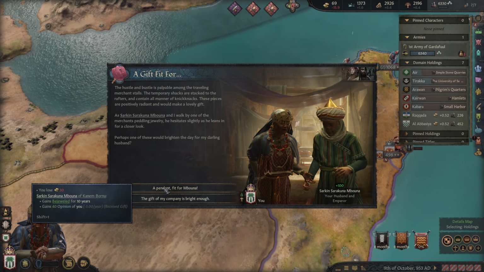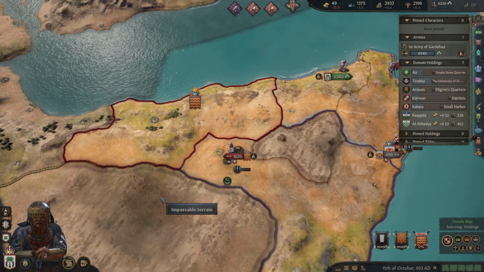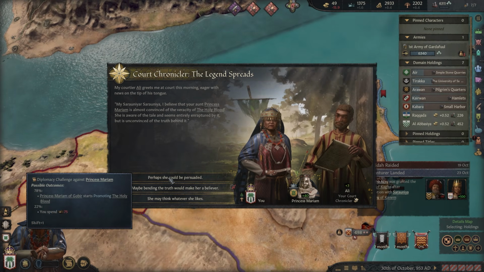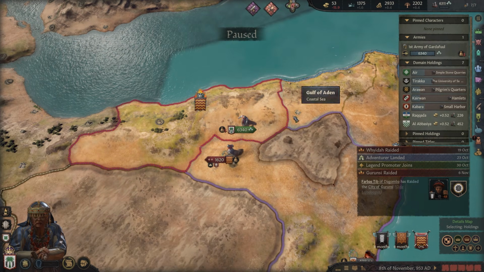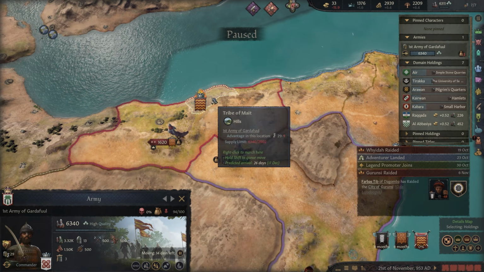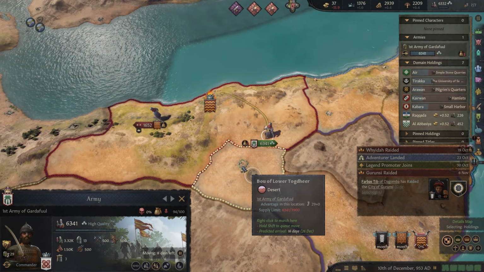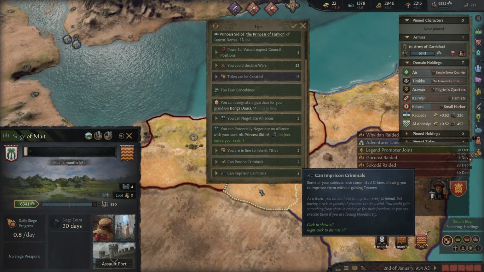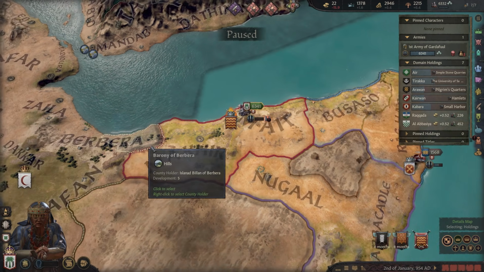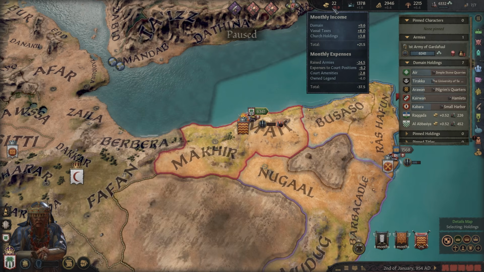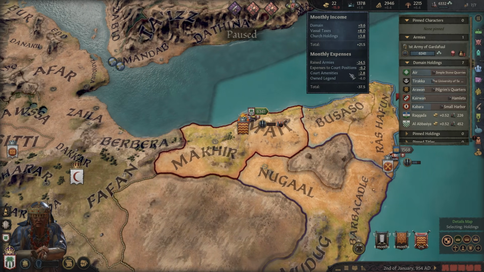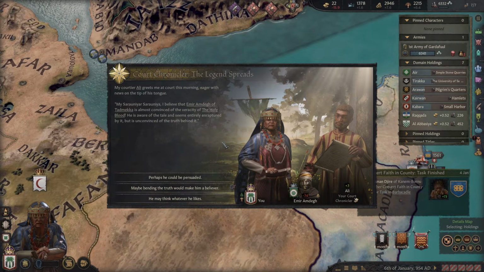Do I want to buy a pendant for my husband? No. We're losing 15 gold per month while at war. Well, that's a big reason not to be at war for too long. Okay, go siege their capital. 15 months left? I can't afford this war. Is there anything I can do to save money? What are my expenses? Raised army. Yeah, that's a problem. I need that for the war.